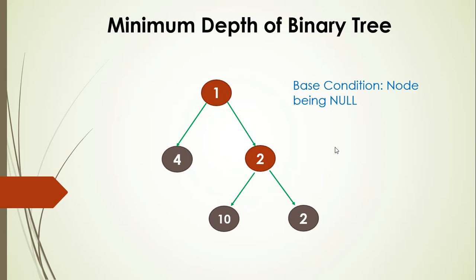The second important thing is the objective of the recursive function, what we are trying to achieve. In this current example, we want to find the minimum depth of the tree. Whenever we reach a node which has no children, that means a leaf node, so we have explored one path, and then we need to update our minimum depth. That is our objective here. So these two, the base condition and the objective, are very important for a recursive function. Okay, so let's look at the source code for this problem.